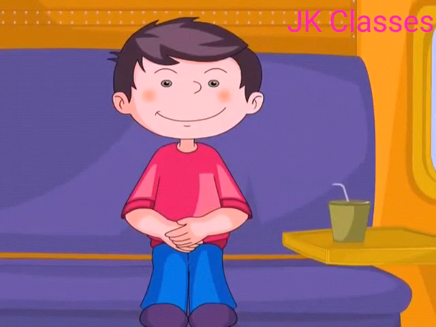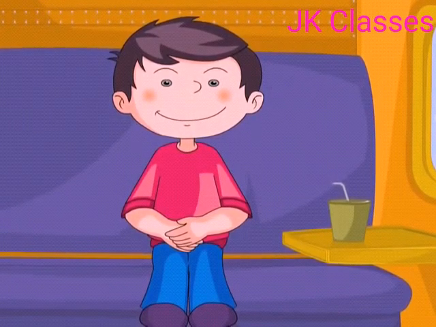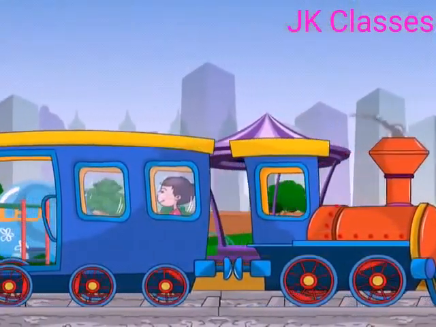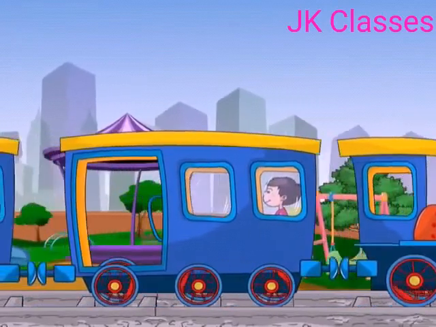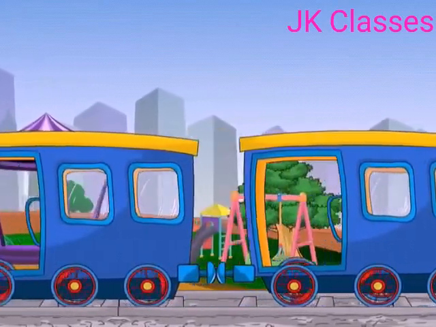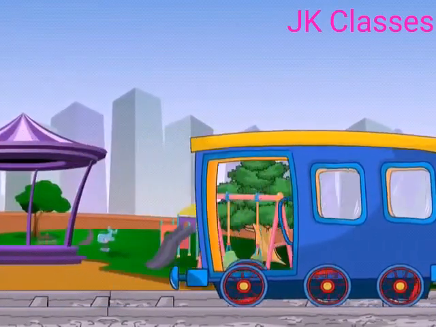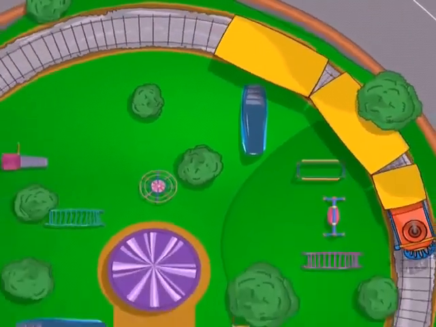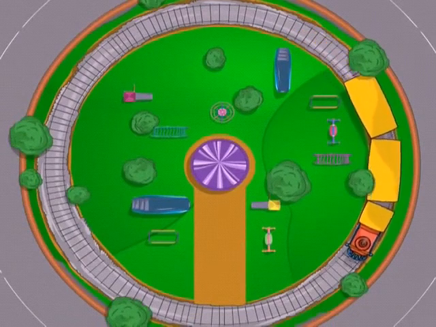Look here. The little child here doesn't appear to be moving. Well, maybe not. Look at the same child from outside. He is indeed moving. The little child here is moving along a circle. That's because the train in which the child is seated is moving along a circle.